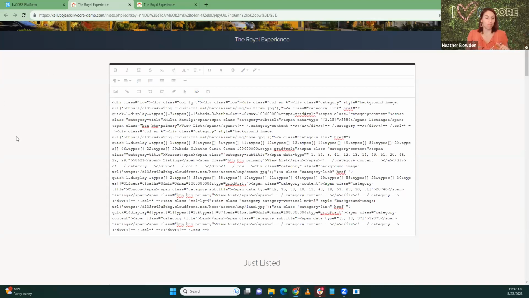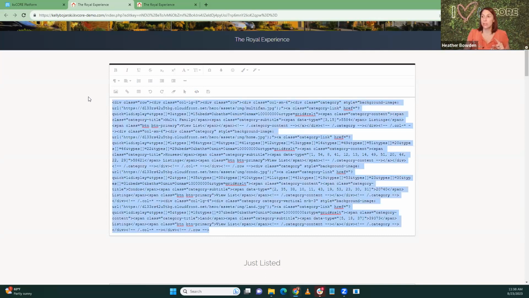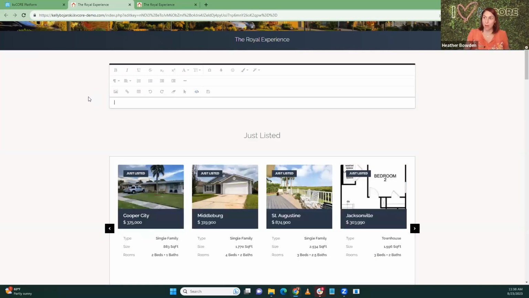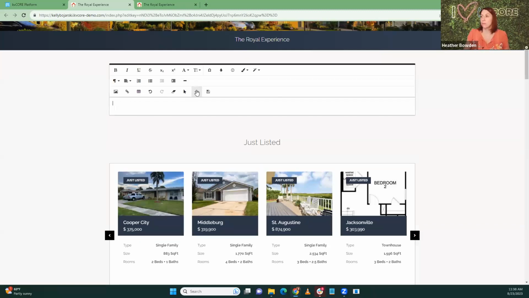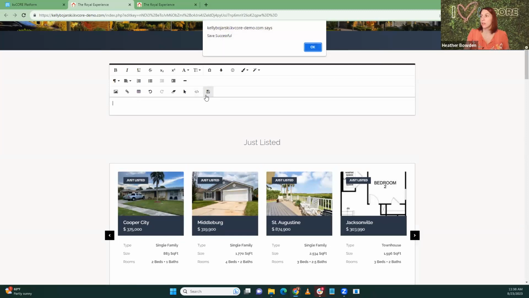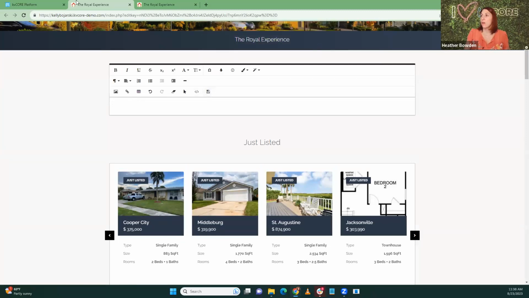And you can put in anything you want and make it anything, right? I'm not a coder, so I don't know how to do that. But if you have this in here and you don't want it in here, you can just take it out. And then you don't have to worry about it. So I'm just going to take it out. I'm going to save it. And now